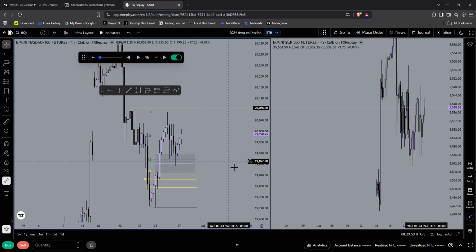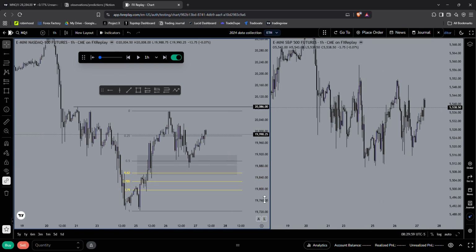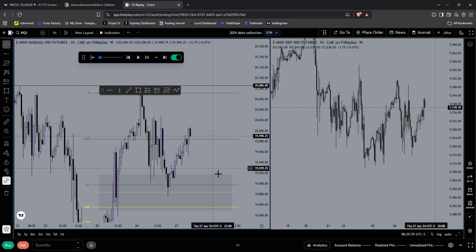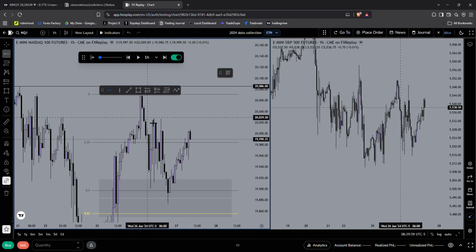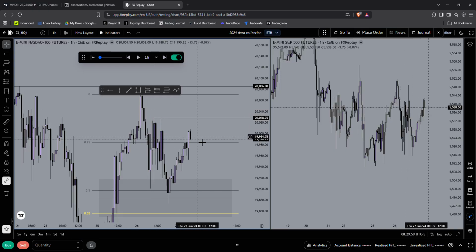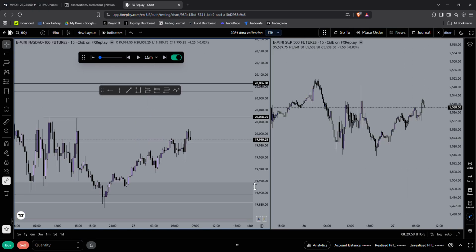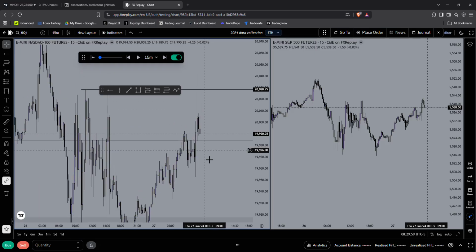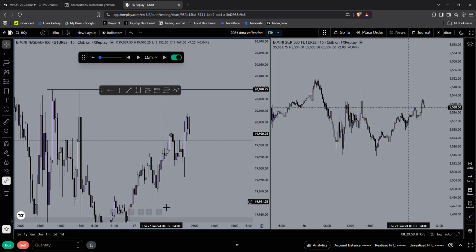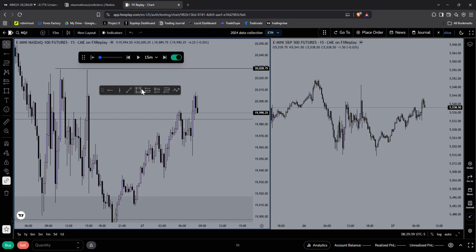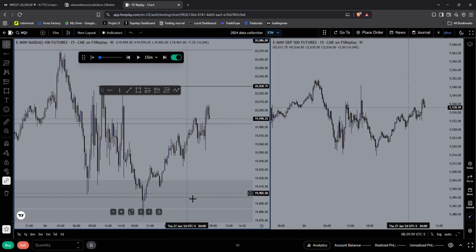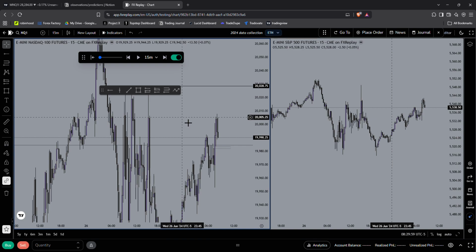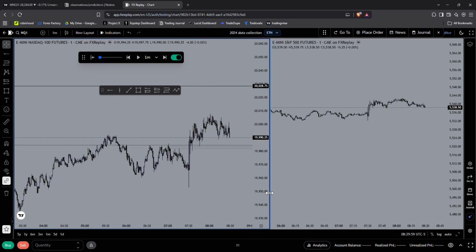Did we respect? We did. So we hit equilibrium, and since then we've been going up. We can see we hit this 1 hour gap, we're going higher. We hit this 1 hour gap, we're going higher. We have equal highs here, so that is my draw. I would say these are high resistance. We've had a place to distribute. We are playing off of this 4 hour sweep.